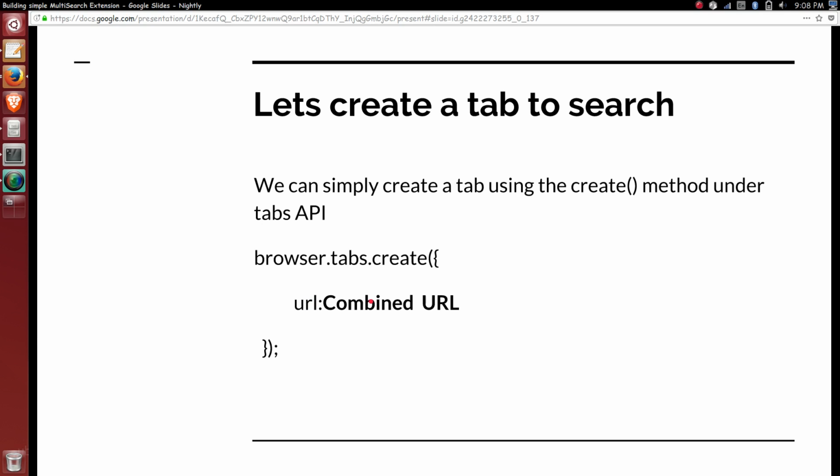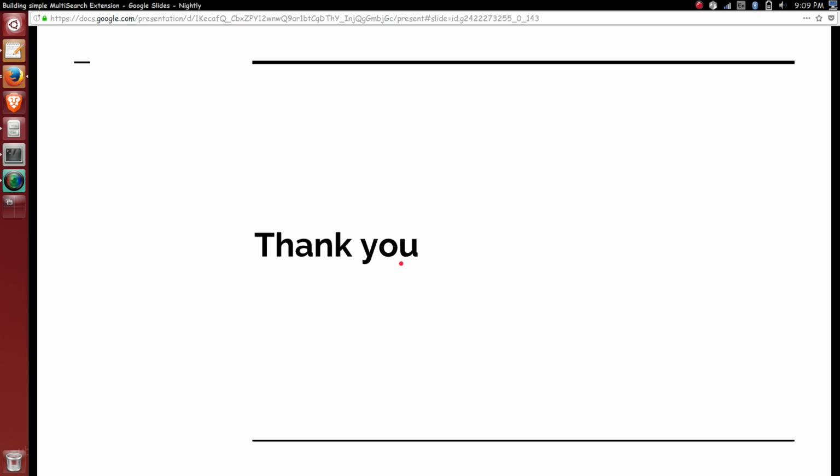Just in case I want to do it in the same tab, then instead of create we have to use the update method, and the tab is the tab with that particular ID. We can get it using tabs[0].id in the current window. Thank you.